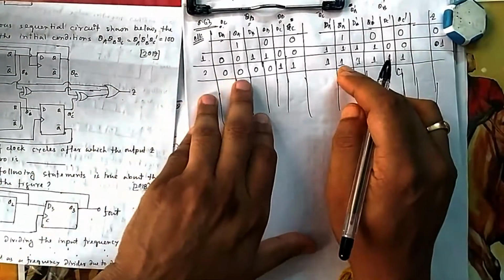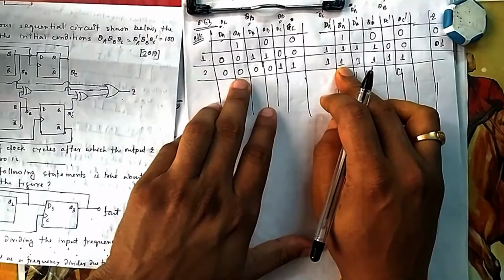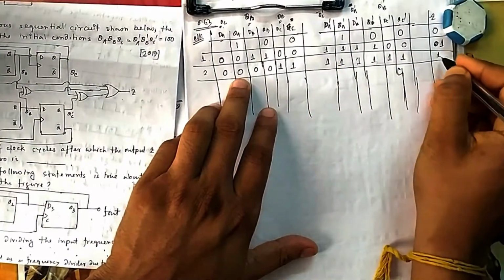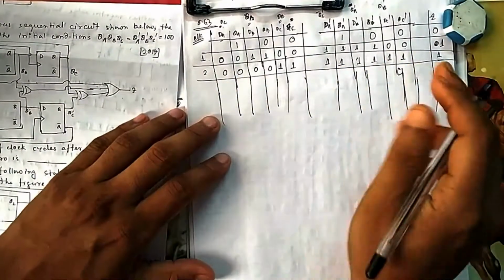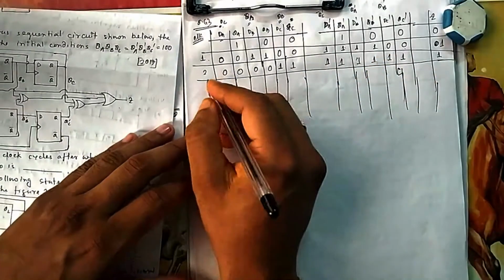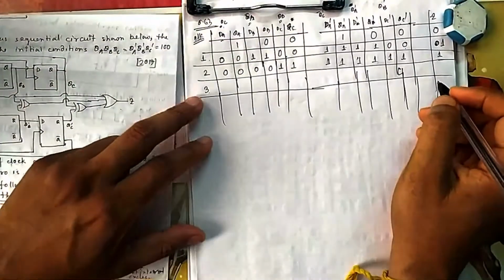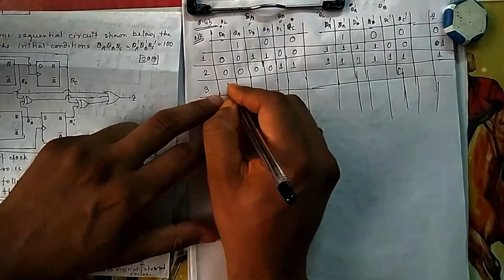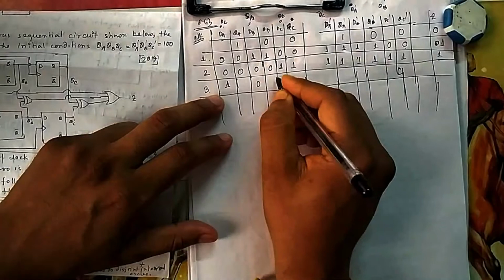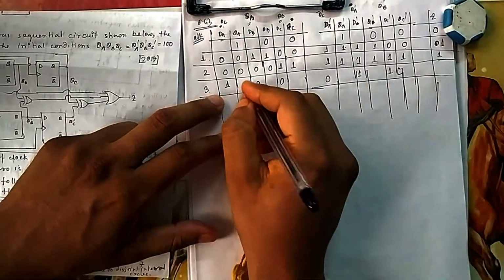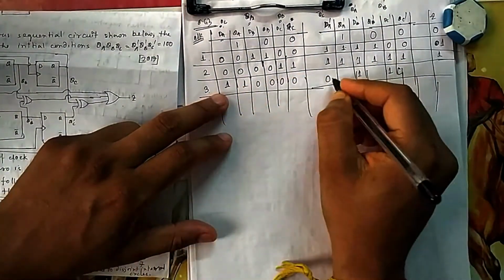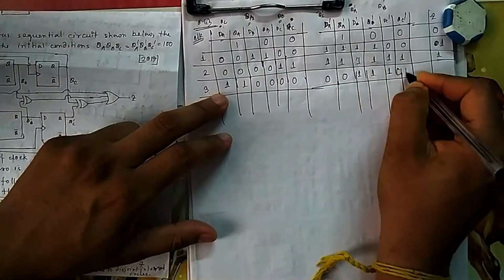So now you see again, 0 1 will give you 1. Once you got 1, then output is 1. No need to check other, because at least if all should be 0, then sum will be 0. Otherwise it will be 1. Now if you come to 3, third pulse, again giving third pulse, it will be 1 0 0. So 1 1 0 0 0 0 0 0 1 1 1 1.